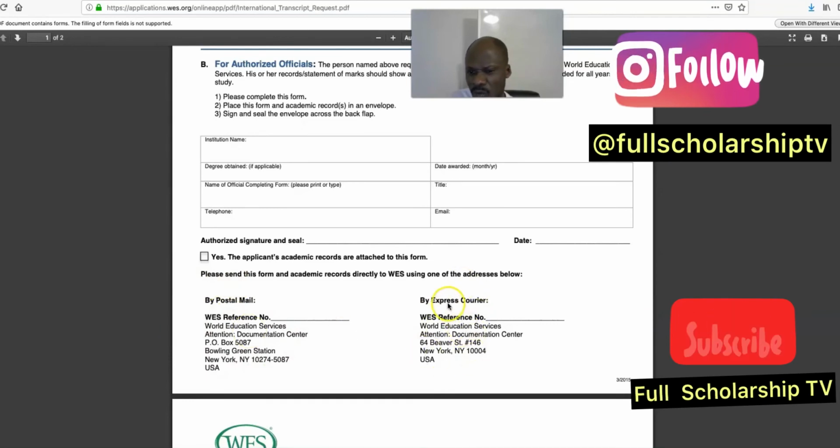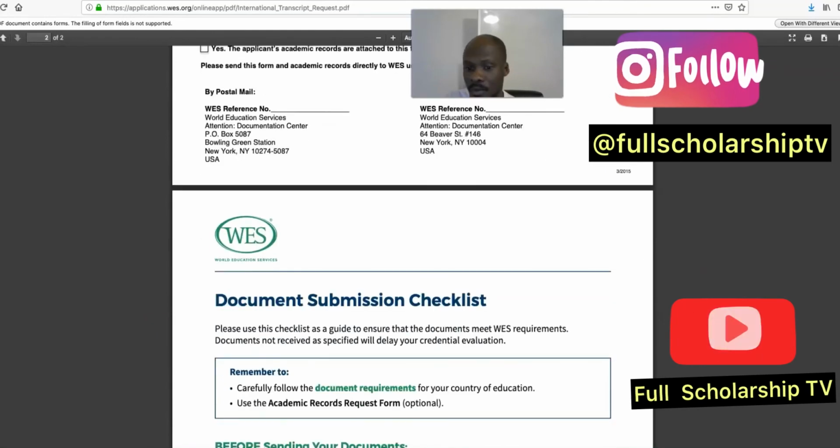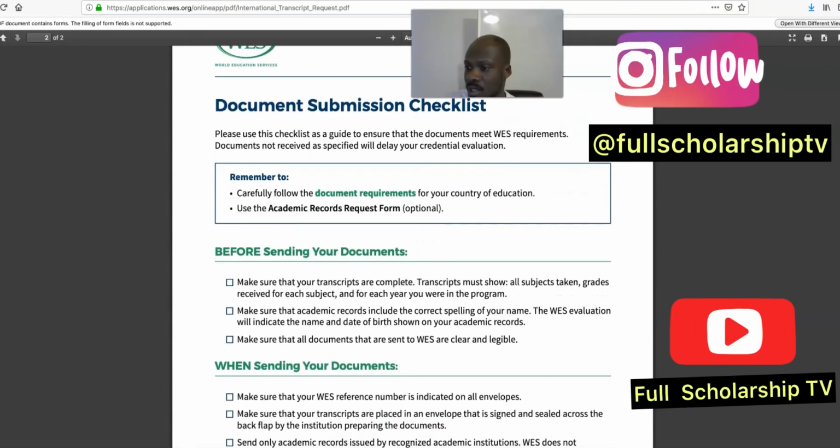So if you want it to be processed on time and then delivered to your school, because it takes a long time, sometimes it can take about 2 to 3 months to process this. It takes a long time. So sometimes it's better just to use the express courier, the DHL, FedEx, EMS, whatsoever, and then you will mail it after your institution processes the transcript, adds this transcript request form with your reference number and gives it to you. Go and mail it using any of these express couriers to WES, and then it starts from there. If you use this, it's going to take a long time, and then you cannot even track. But with this, you are able to track your mail,